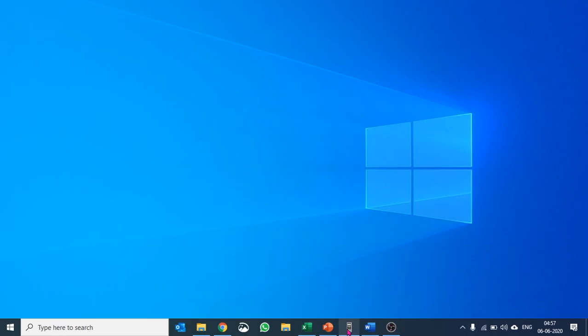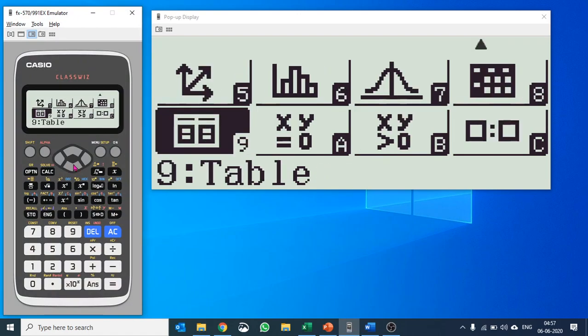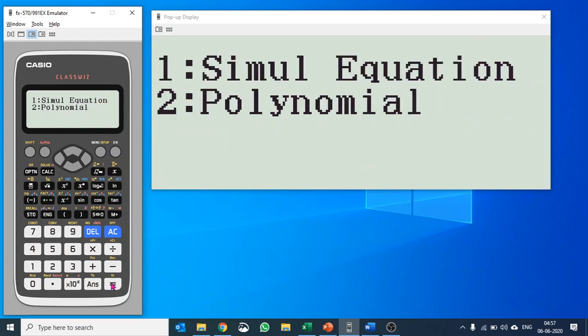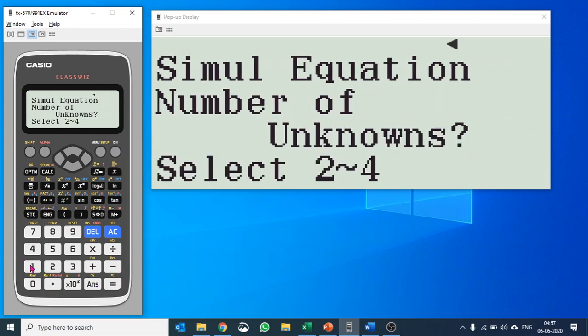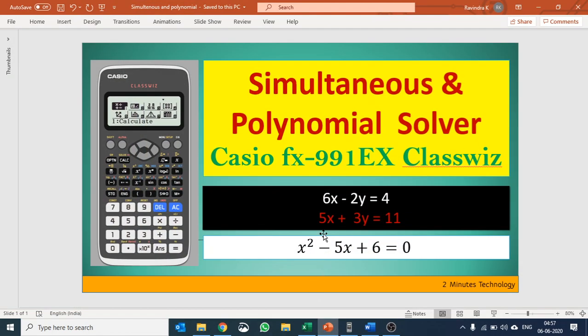Let me quickly open up Classwiz and I'll go to equation solver there and I'll select simultaneous equation first. This asks you what is the number of unknowns. So we have x and y there, so I'll say 2, and then we have to put in the equation coefficients. So I have coefficients as 6, minus 2, 4,